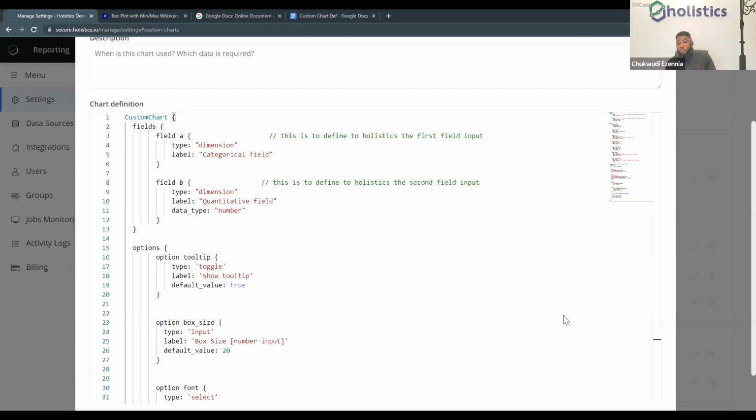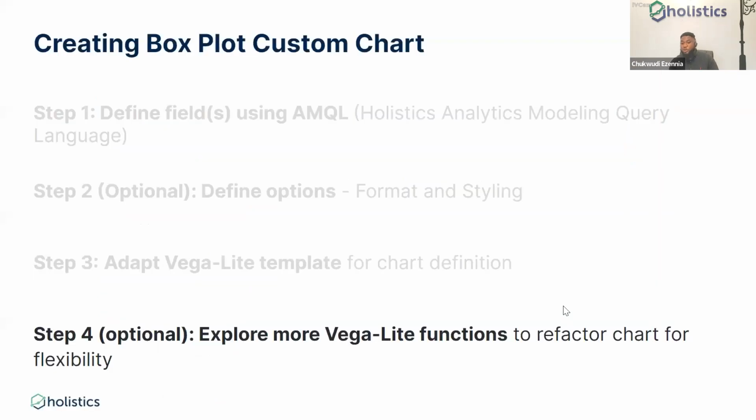All right, so there's an option, which is basically you can explore more Vega-Lite functions to refactor your charts for flexibility, right? And if you noticed, I mentioned that we could, if you go to the Vega-Lite library, go to the Vega-Lite library and you go to